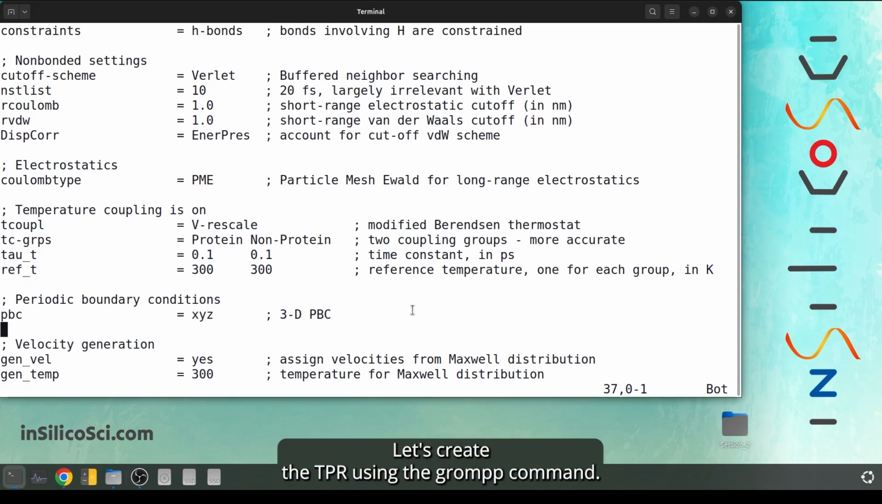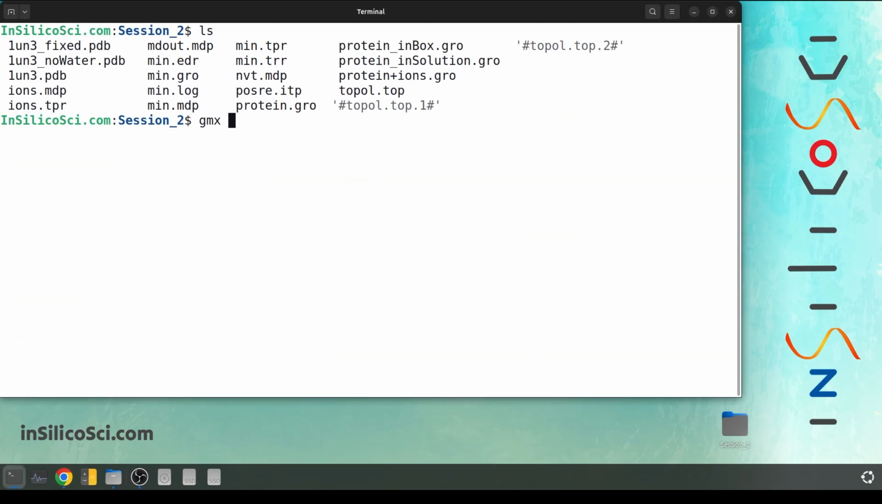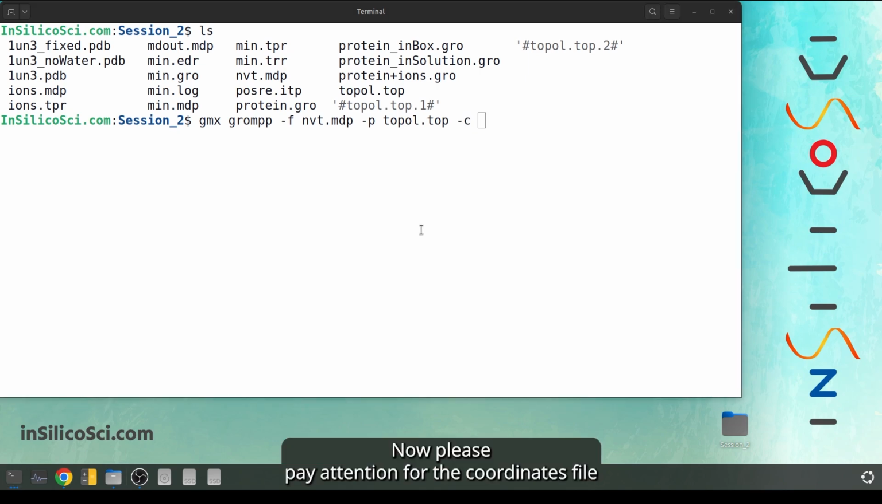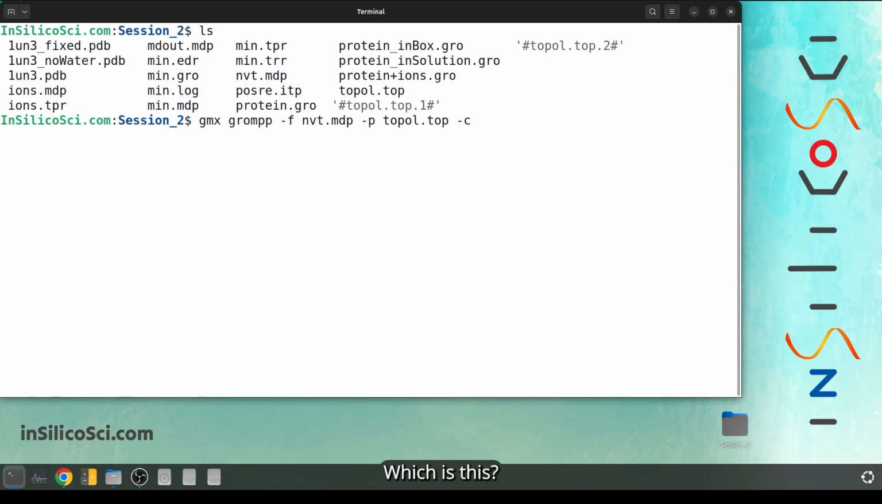Alright, let's create the TPR file using the GROMACS command. nvt.mdp and -p topol.top and -c. Now please pay attention. For the coordinate file, we must give it the last GRO file from the minimization, which is this,